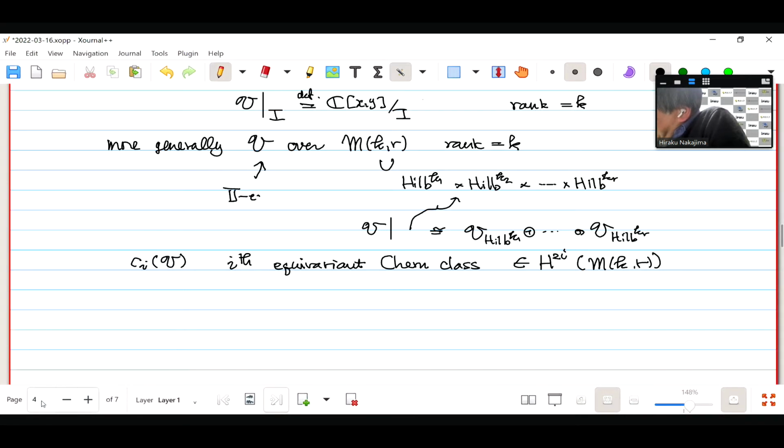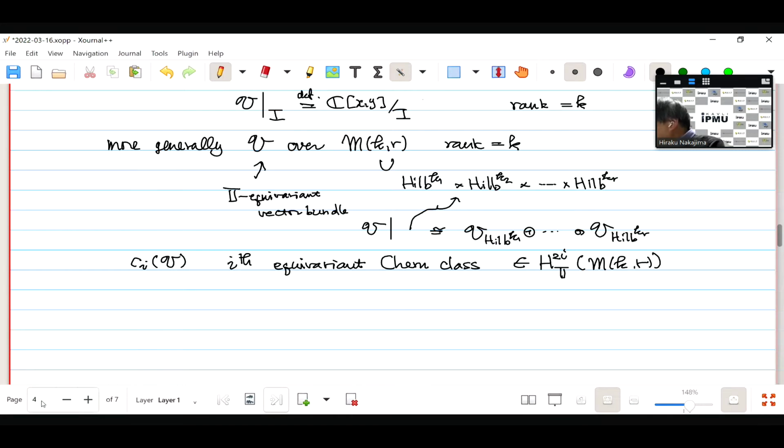So this is T-equivariant. The torus action on M_{K,R} lifts to an action on V, and if you restrict to the fibers, this is a linear action. And if you have such a vector bundle, then its Chern class is an element of equivariant cohomology,